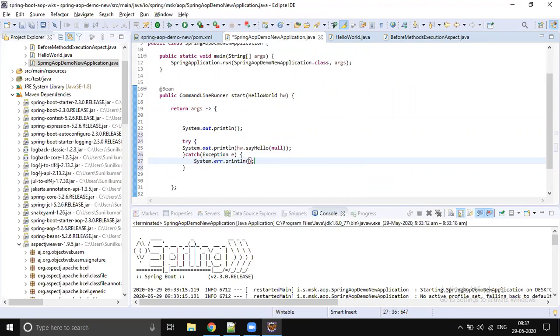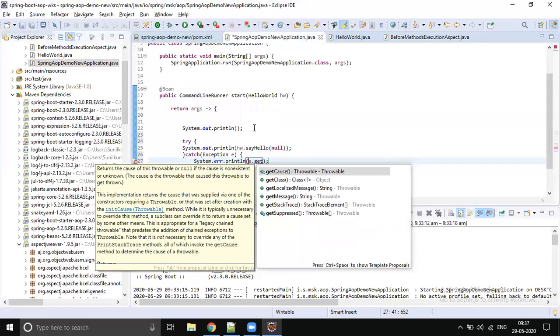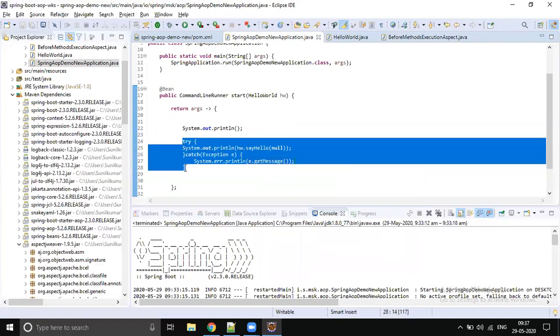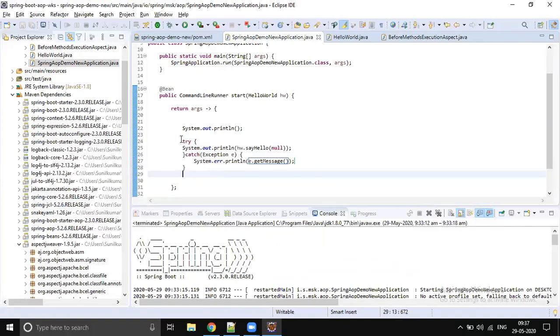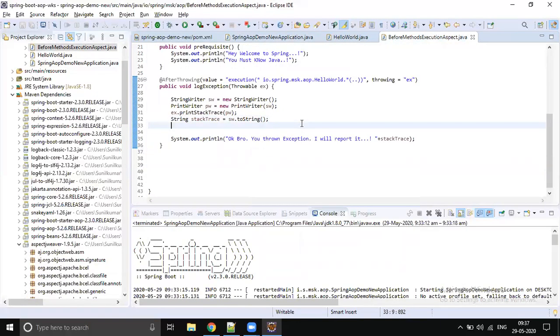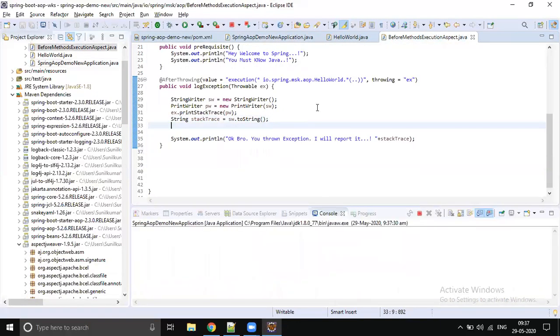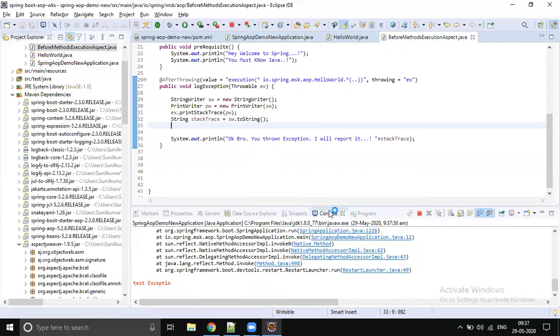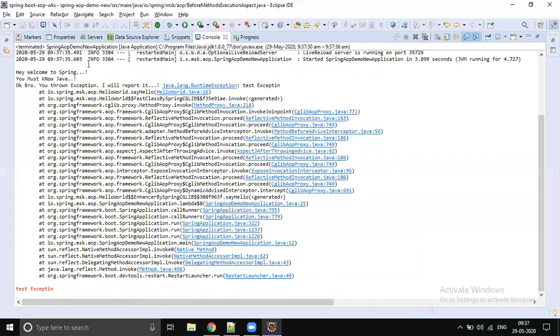I simply say e.getMessage. In code you might suppress some exception, but your team lead or some team member can configure the AOP, and it will report that exception to you.